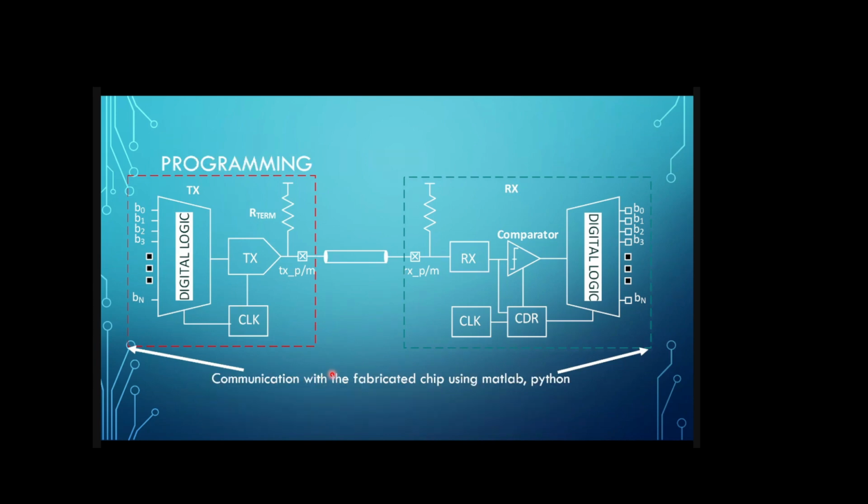And at the end of the day, you need to communicate with the chip as well. All the communication is going through you. Somebody talked about UART. Another thing, you need to have some kind of a C code or a Python code or a MATLAB code to communicate from your test structure to the chip. And that's why programming languages come in handy.